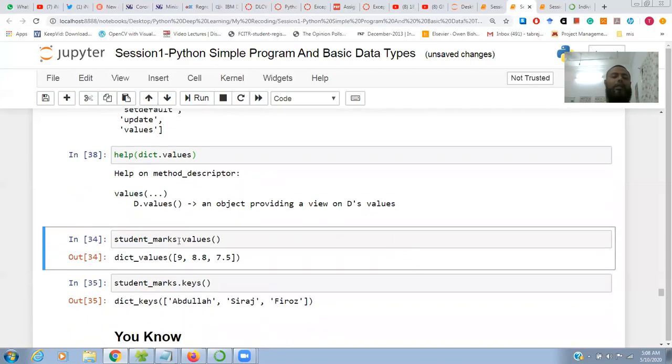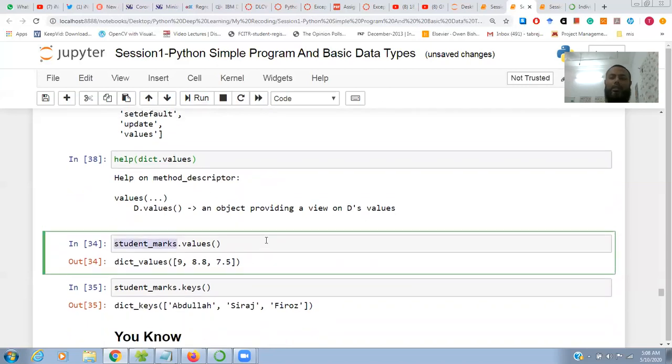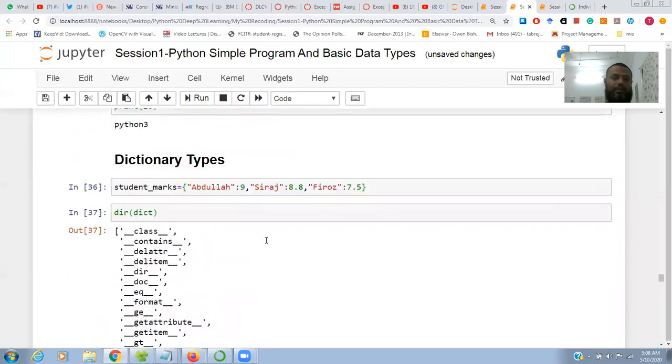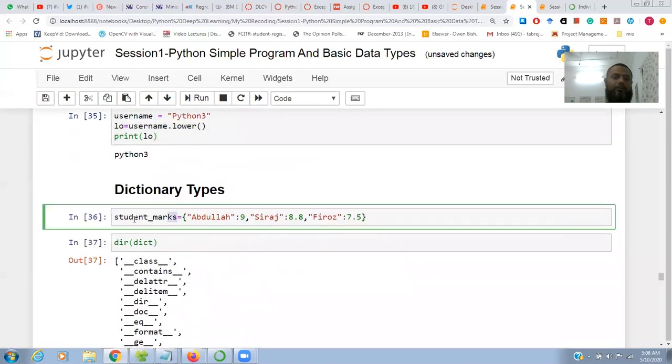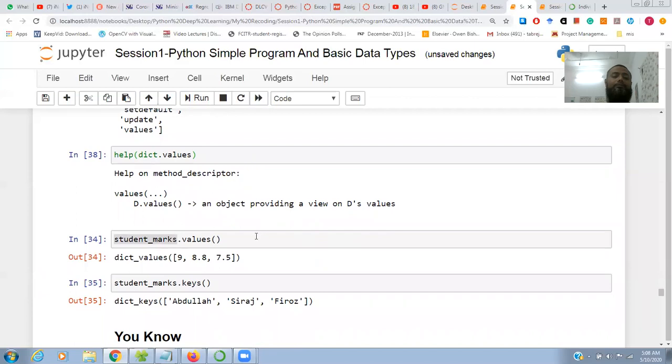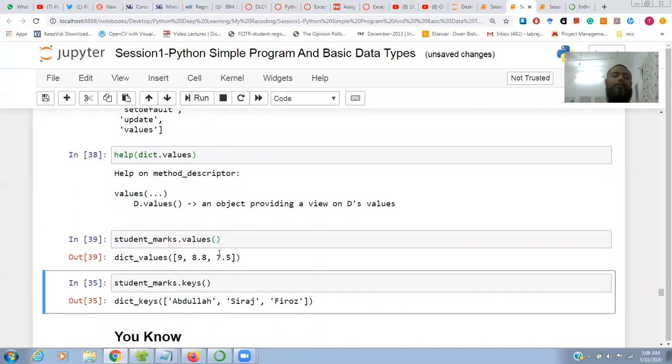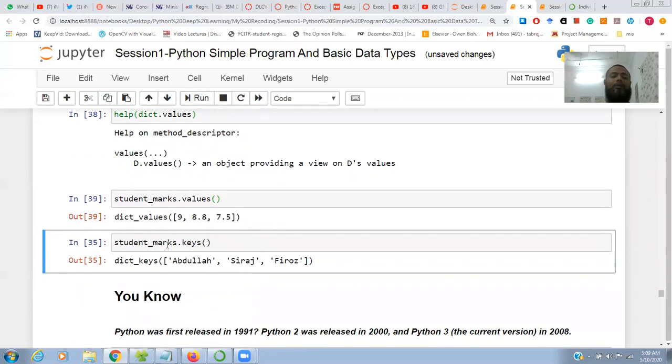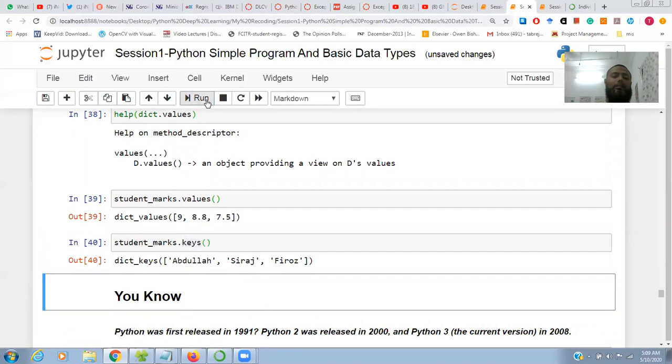Here we have student marks, and I want to return the values: 9, 8.8 and 7.5. If we run this, it will return the values. Same thing, if I want to return the keys, I just write keys, run this, and it will return the keys.